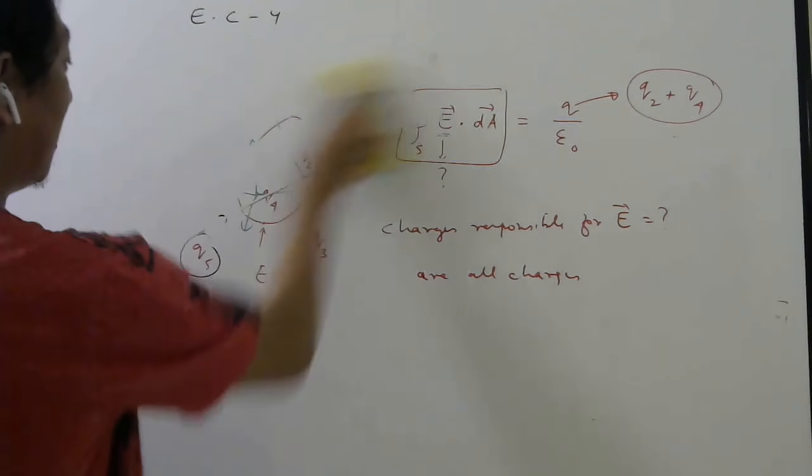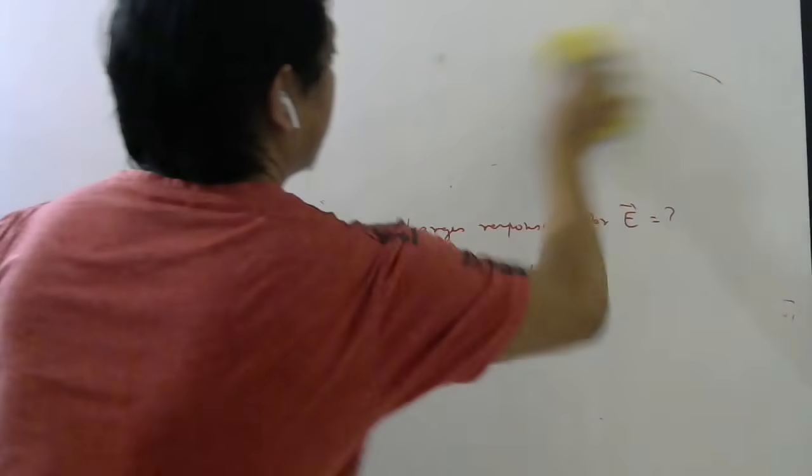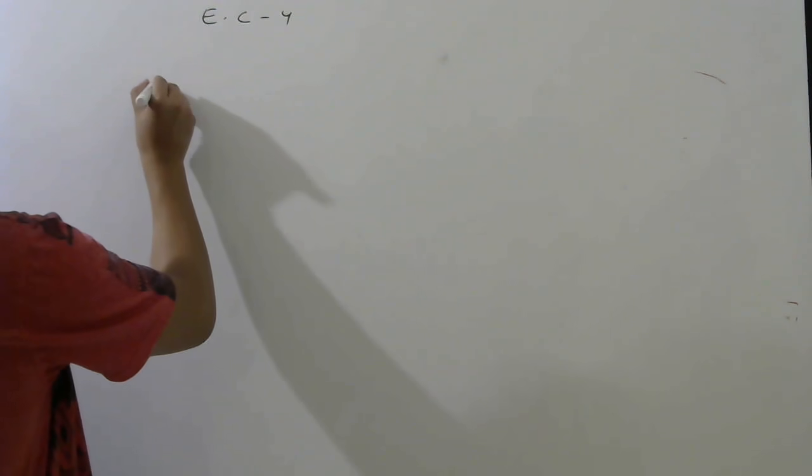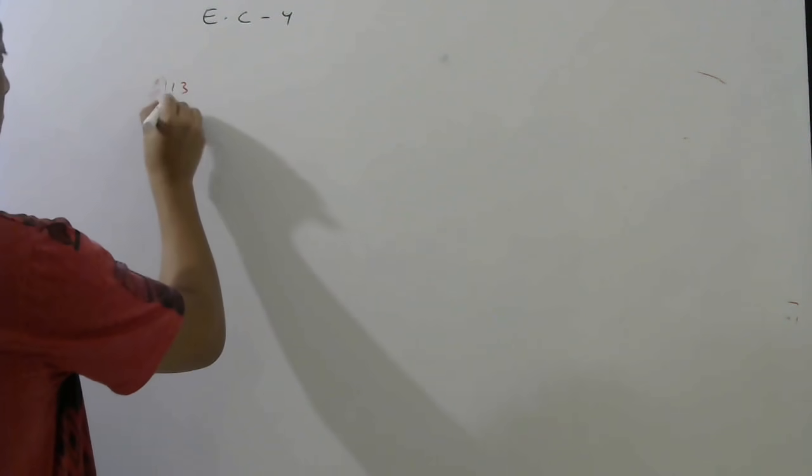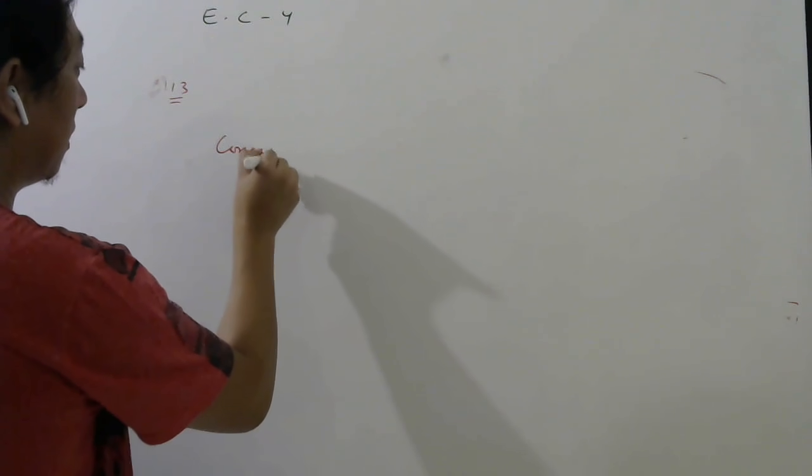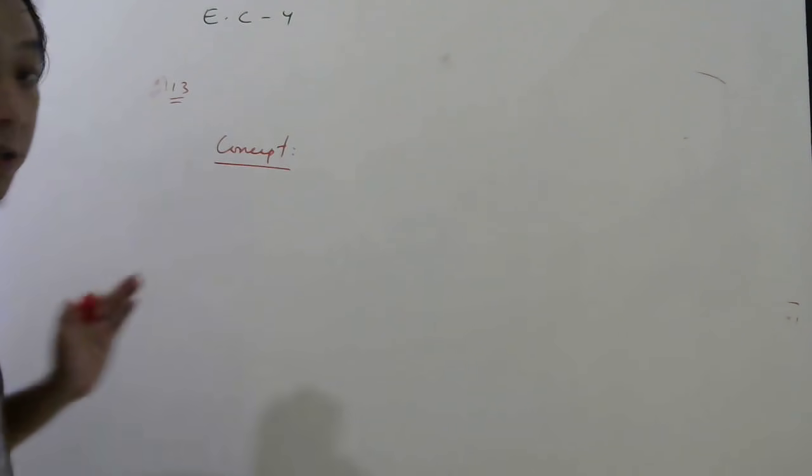Let us now see the next question. So like these students, you have to think carefully, okay? In exam, they may ask any kind of question and they will try to confuse you with such questions. You should be smart. Question number 13. To answer question number 13, first you have to see one concept, and the proof of this concept I will be giving in the next chapter. But since this question is here, I will do it now only.